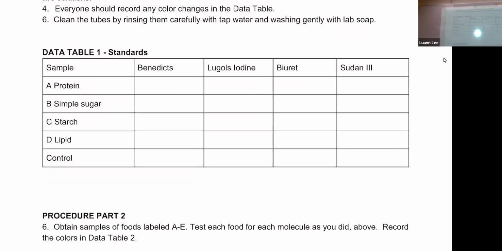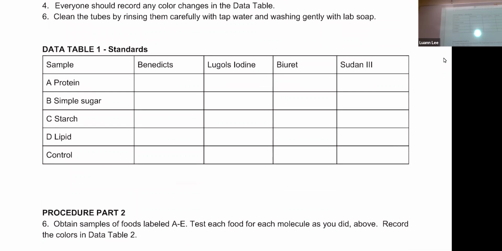For the standards for the first day, you're going to just record your observations in the status table. So in the first column, you'll mark down what color everything turns with Benedict's. Now, if you put the Benedict's in, it looks blue. If you heat it, it doesn't change, you're going to put down blue. Okay? You're not going to put down an X or an MA. You're going to put exactly what you saw. If it turns color, then you're going to note that. So this will give you a visual of what